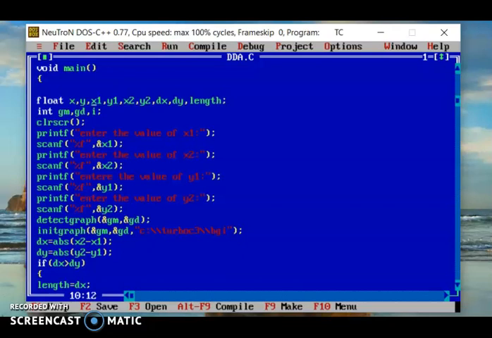Then to find the next point, we have allocated x, y. Then dx, dy are used to store the values of delta x and delta y.